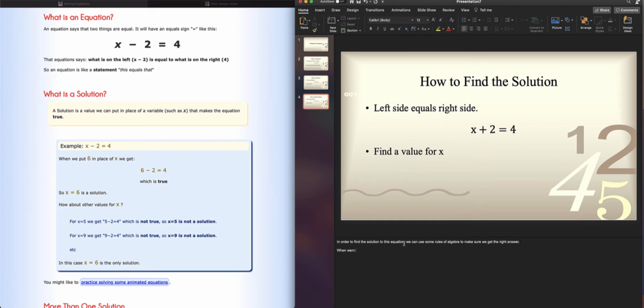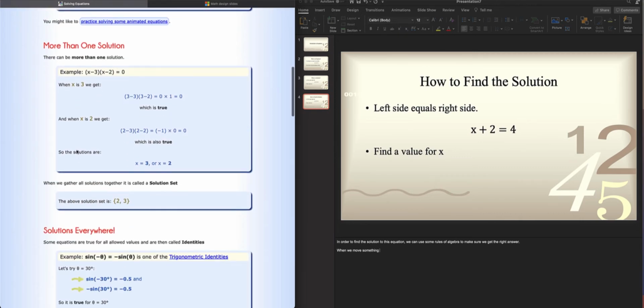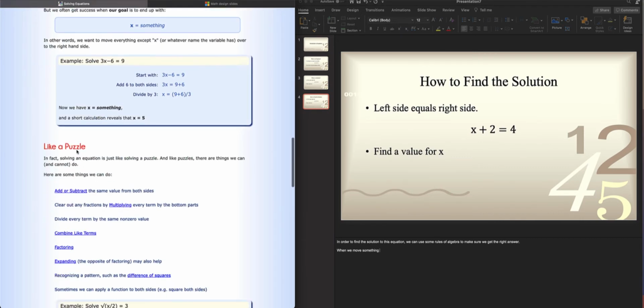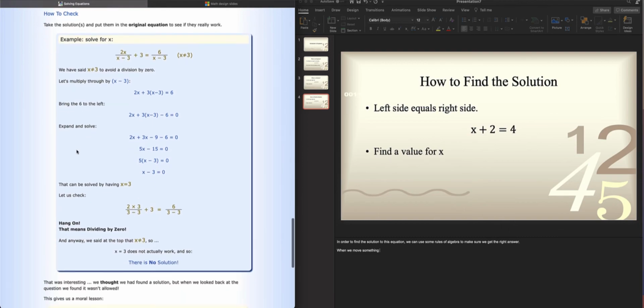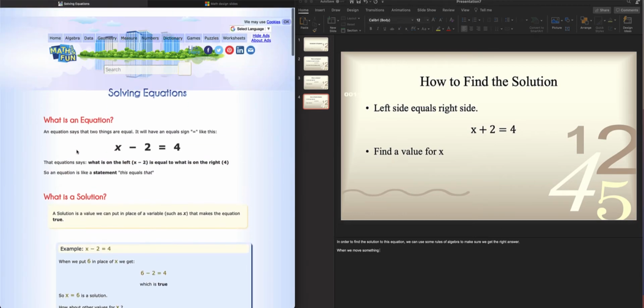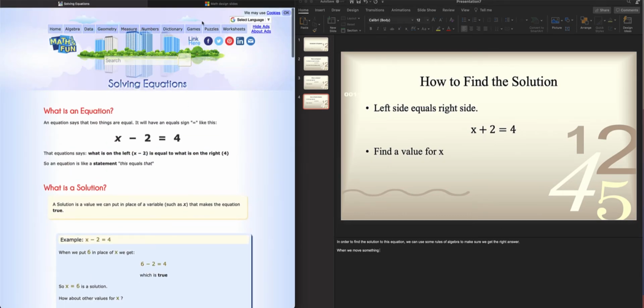When we move something, you could see this was just a reference to start out with. I think it does a little bit too much in terms of special equations, and it gets a bit too specific. So I don't think it serves our purpose anymore, because all we want to do is just show, when we move something from